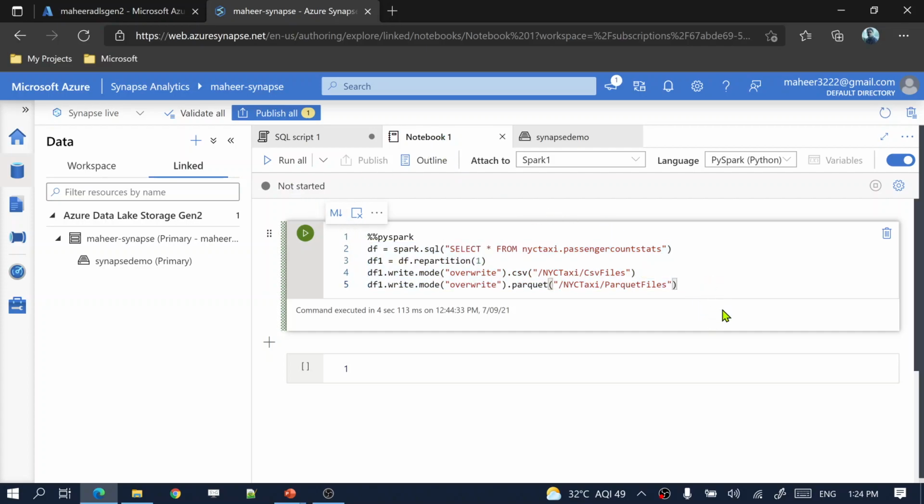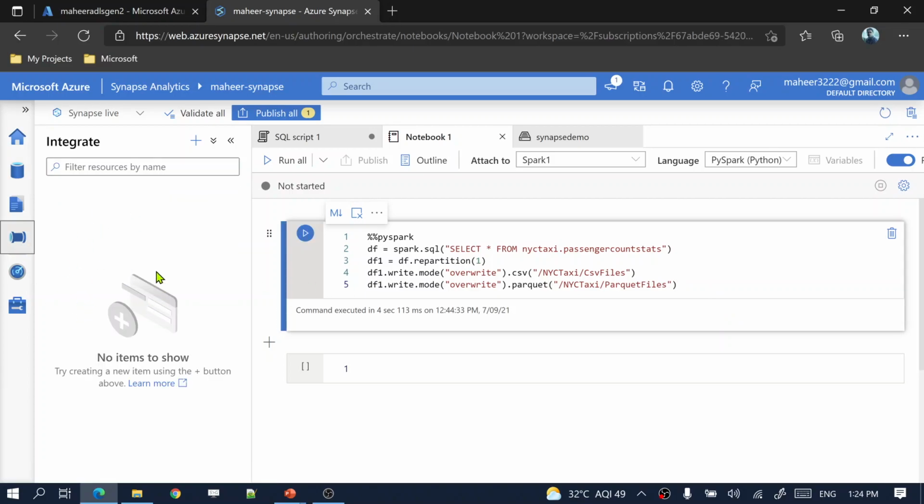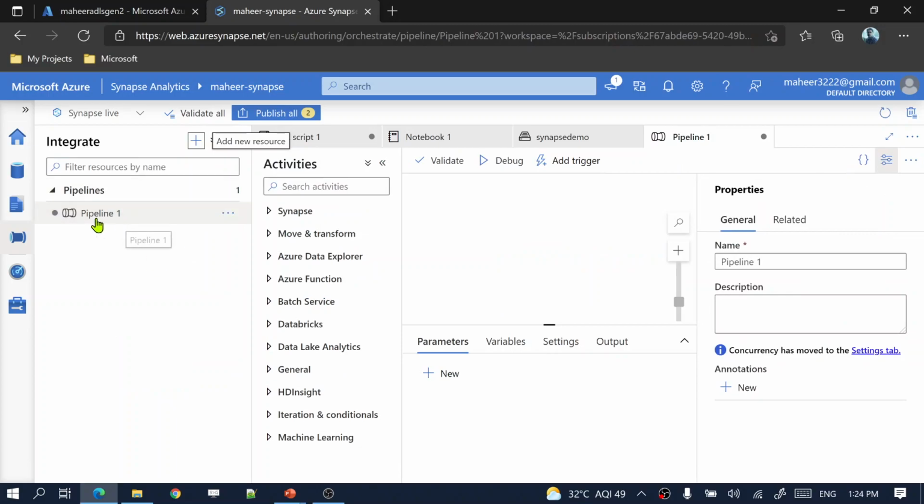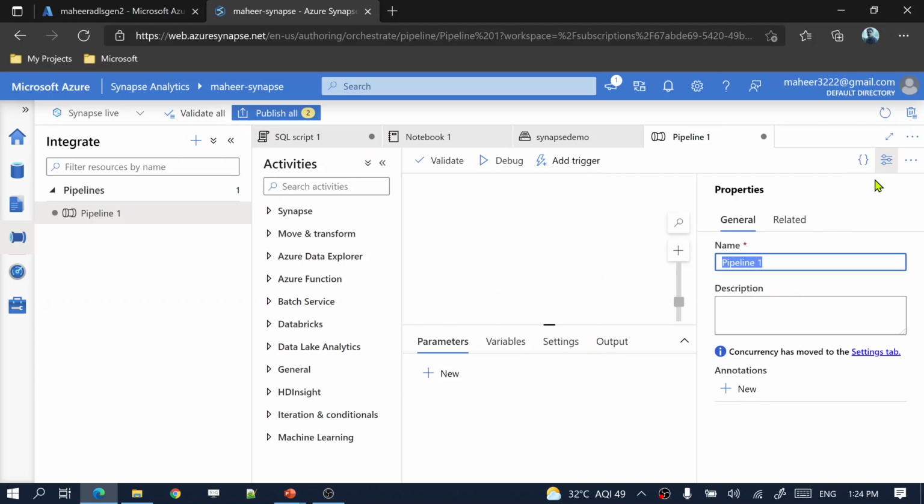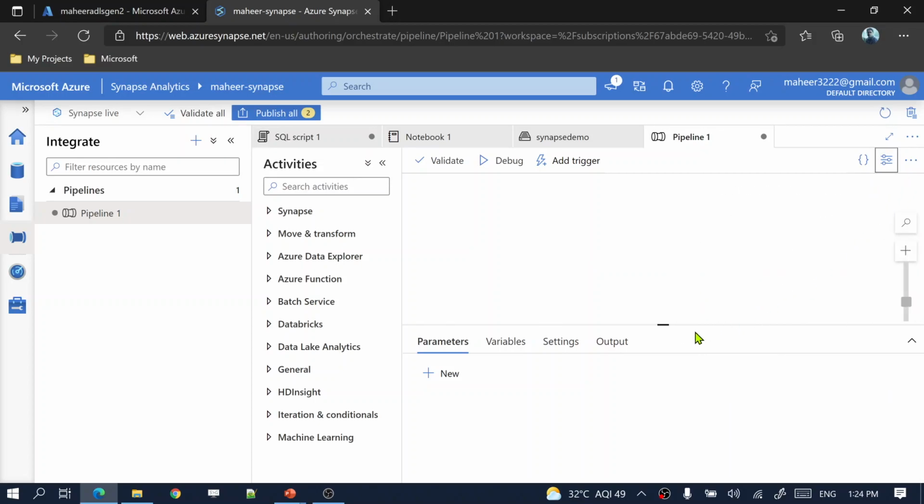This time, what I want to do is create a pipeline, and inside that pipeline I want to use some activity to run this notebook, and then I want to schedule my pipeline as well. So let me add a new pipeline first. Under this Integrate plus, click this plus sign and select Pipeline. This will add a new pipeline for you under your Pipelines category, and you can give any name to your pipeline. If you don't want to, just minimize this General settings here, and this white canvas area is where you need to develop your pipeline.